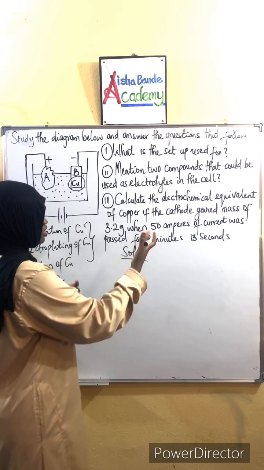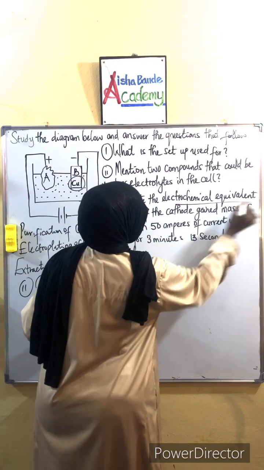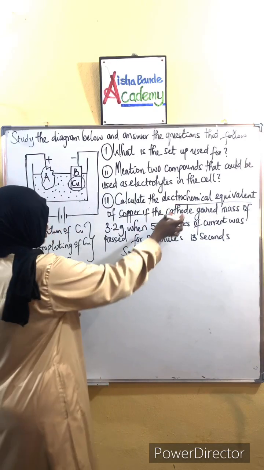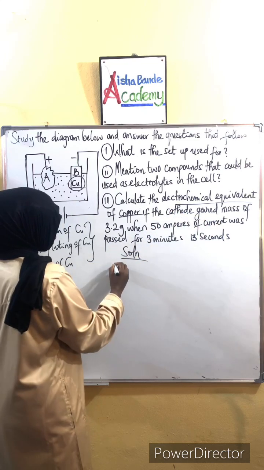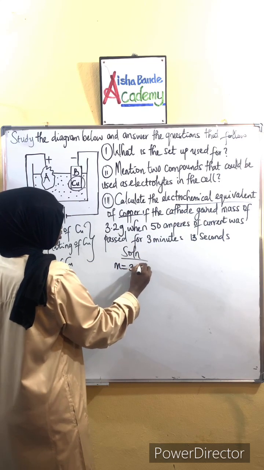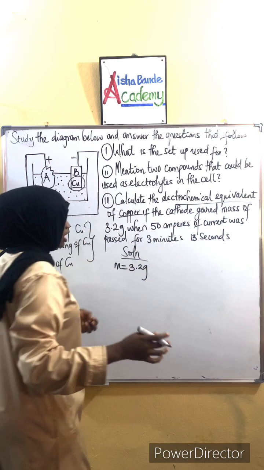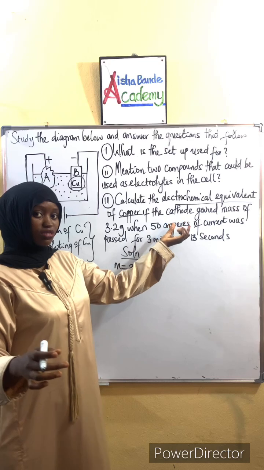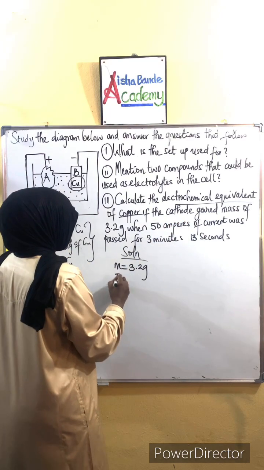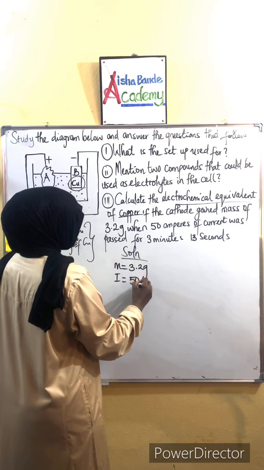It says that we should calculate the electrochemical equivalent of copper. Now, if the cathode has gained a mass, so we have the mass which is equal to 3.2 grams when 50 amperes. When we hear the unit ampere, this simply means the current. So here we have the current which is equal to 50 amperes